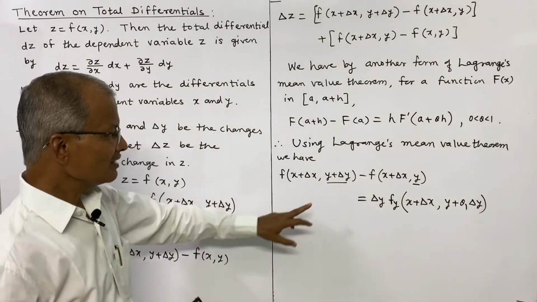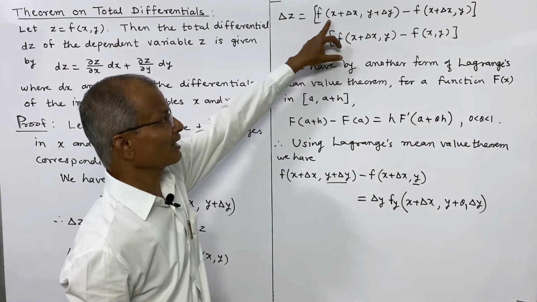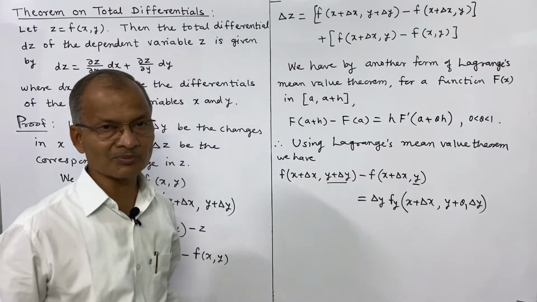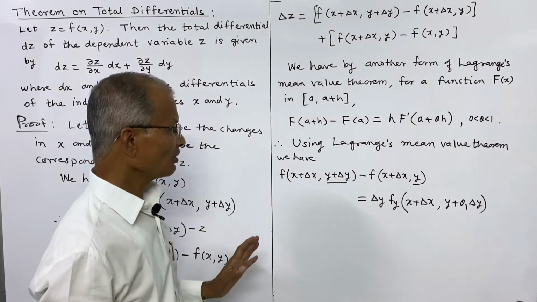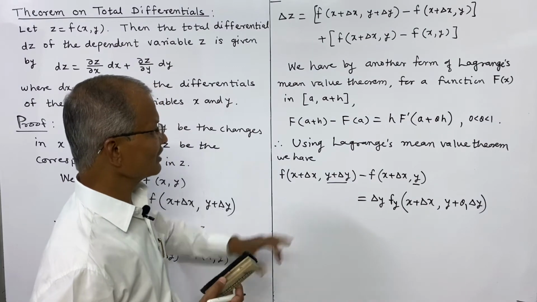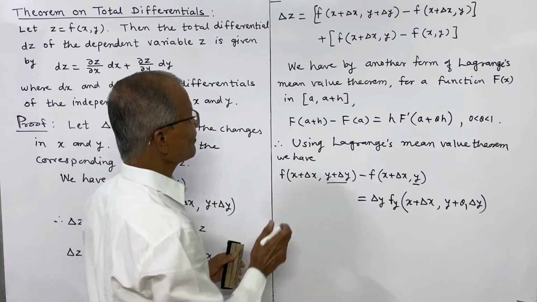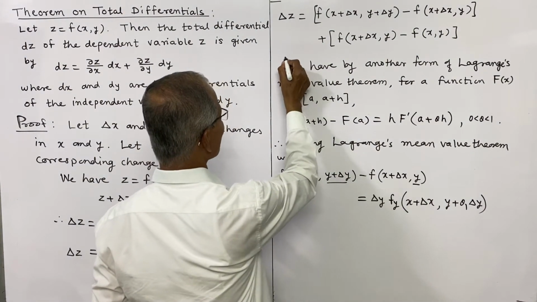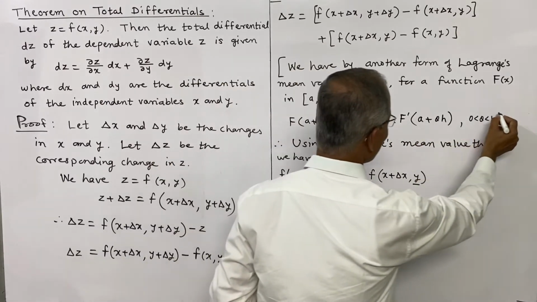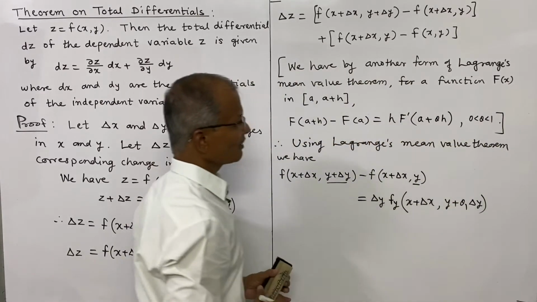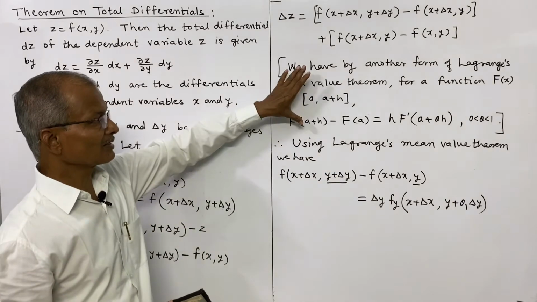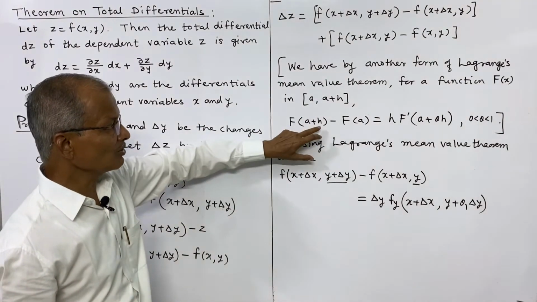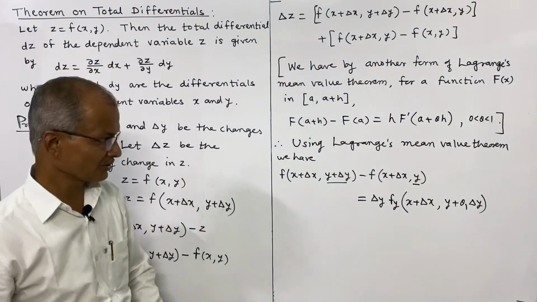See, this is the difference, the first bracket difference we have written using the Lagrange mean value theorem. You should note how we have used this form. This is written only for information, or you may put this in brackets. It is not compulsory to write in the proof, but for reference I have written how to use this result for a two variable function.